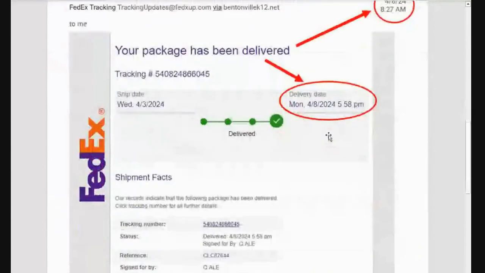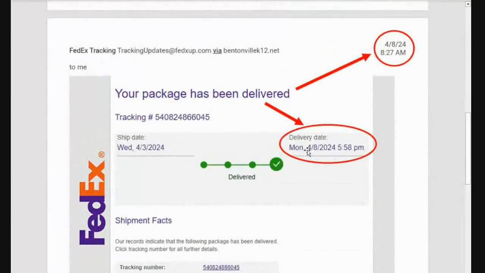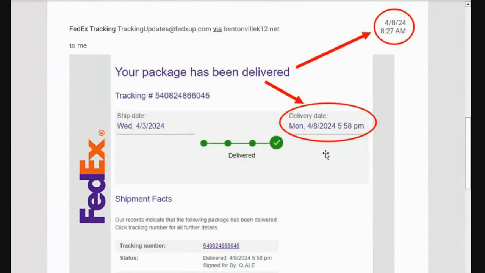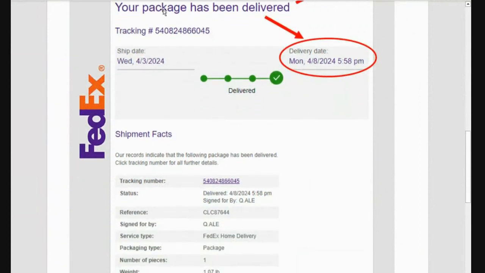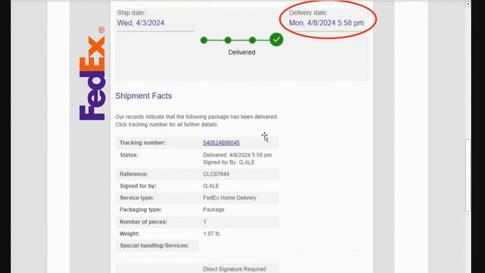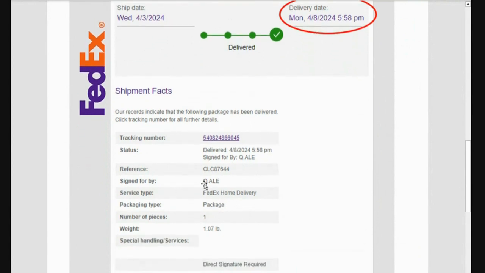Then I had another one that came to my email last week. I thought this was awesome. This was a FedEx, your package has been delivered. I got this email, and Miss Dean got this email, and Mrs. X got this email. It says it was signed for by QALE. Here's the tracking number, which, by the way, if you go to the FedEx website, is not a valid tracking number.